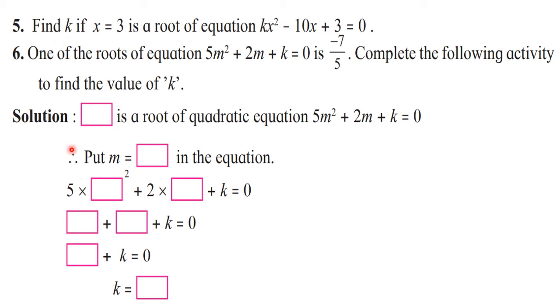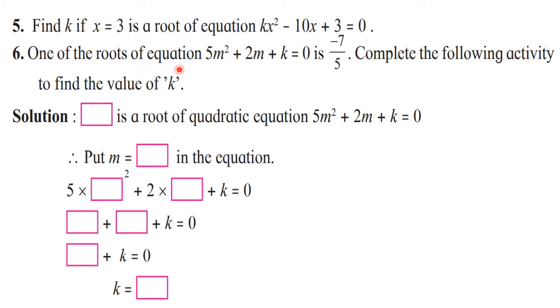Fifth question and sixth question, they are similar. So by using the same steps, you can solve the fifth question. Now here, the sixth question is activity based. Such a question can be asked in question number 2A, where you have to complete any 2 activities out of 3. So let's see the question now.